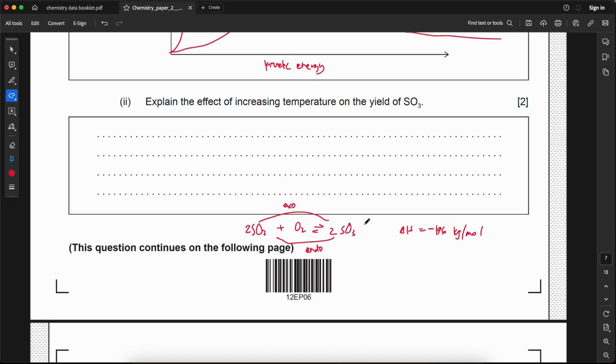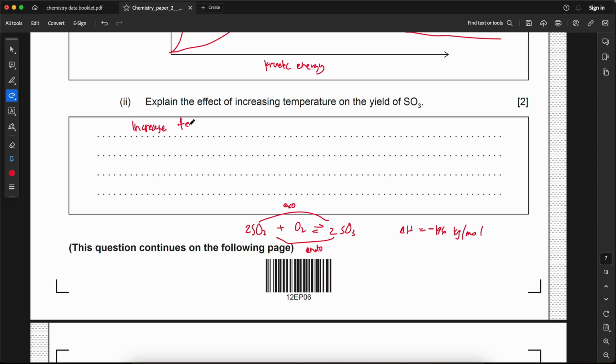And when you increase the temperature, it absorbs more energy, so it will favor the endothermic process. So by absorbing the energy, the temperature is being lowered, so it favors the endothermic process because energy is being absorbed. So that's why it favors endo. So when it favors the endothermic reaction, the yield will decrease. Okay,